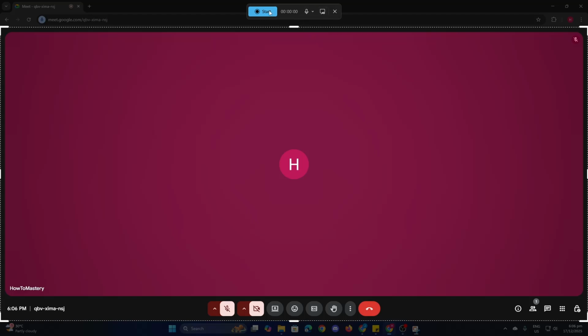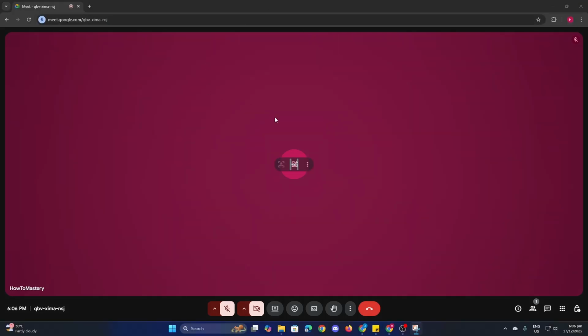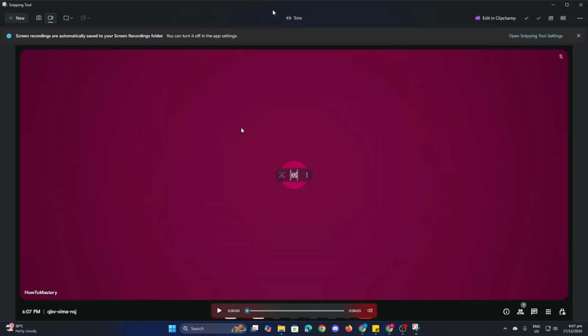Okay, so next is click on Start, and then now you can see a countdown here, and then it'll start recording it. So if you want to stop the recording, you can just click on Stop here at the top, and then you can play a recording here. So I'm just going to show you. It'll start recording it. So if you want, okay, as you can see now, if you want to save this,